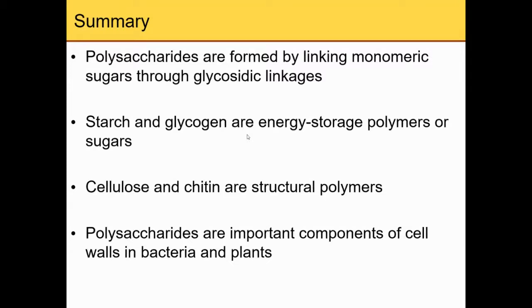And cellulose and chitin are structural polymers, important components of the cell wall in bacteria and plants, especially in bacteria like the peptidoglycan that can be used to determine gram-positive or gram-negative bacteria. Okay, so that would be for the